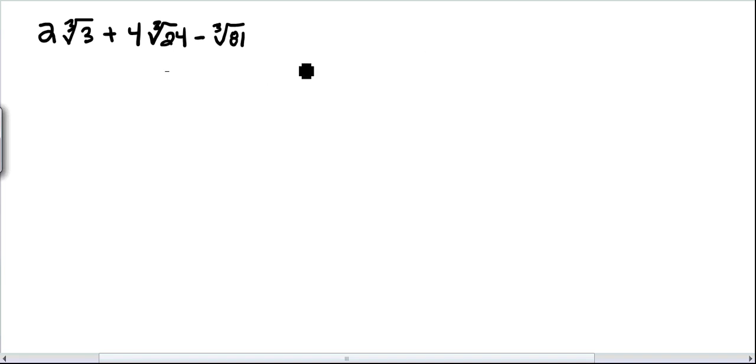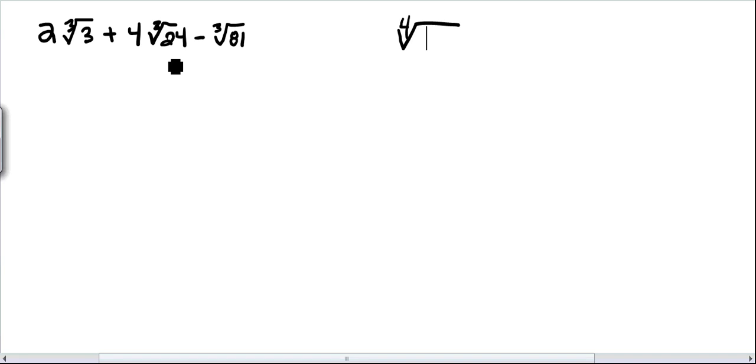24, if you think about what the perfect cubes are, and I would actually recommend doing a search on the internet to get a list of perfect squares, perfect cubes, perfect fourths, because you'll need those to do this homework properly. So if we think about a perfect cube, that's based on the little number out in front. If this is just a square root, then you're looking for perfect squares that divide evenly into the numbers underneath the radical. If there's a little 4 out here, then you're looking for a number that you would multiply together 4 times that goes evenly into the number underneath the radical. Okay, so if we go back to our original problem,